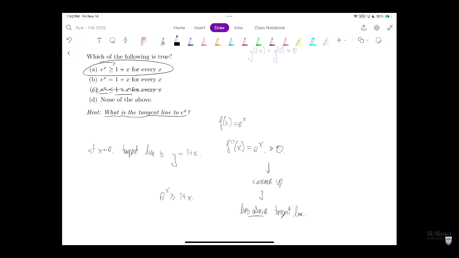So what questions do we have about this one? Here we're using our calculus to help us find this value. We're using the concavity of the function. We know it's concave up everywhere, so it's going to lie above that tangent line everywhere. Yes? Perhaps an alternative way to solve it, because if you think about both of these functions visually,